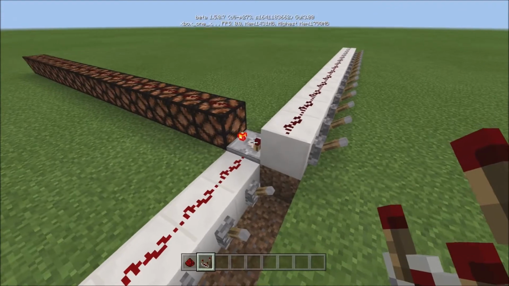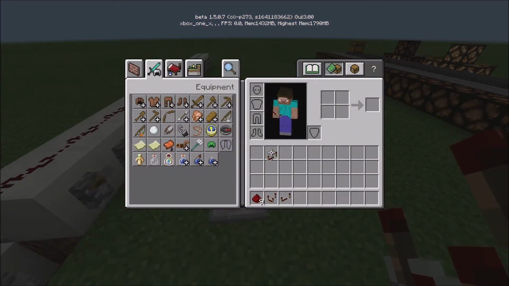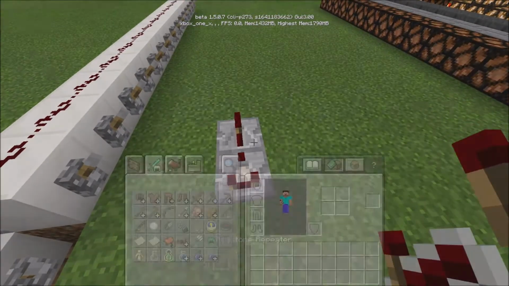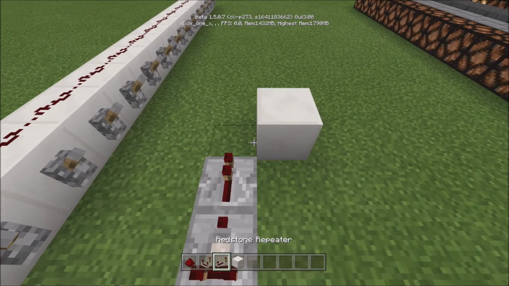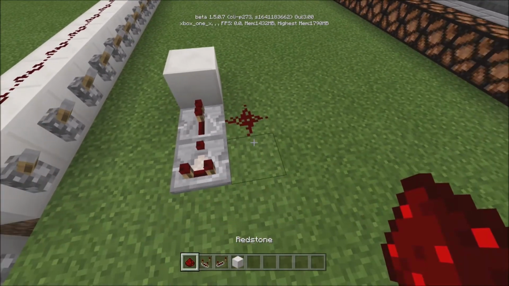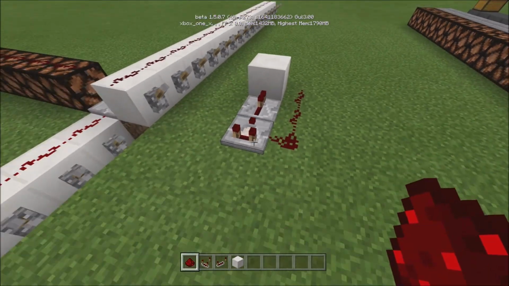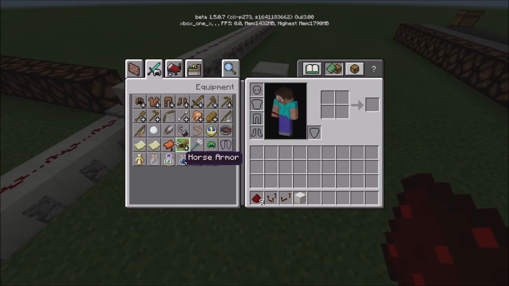You can also make clocks with it. I forgot to show you guys that. So you can make one of the most basic ones, right? There are smaller versions, but I like this one. So oops, that's not the right way. So one of the most basic ones is this. So if we just power this, I'll put this on subtract mode. If we just power this for a second,